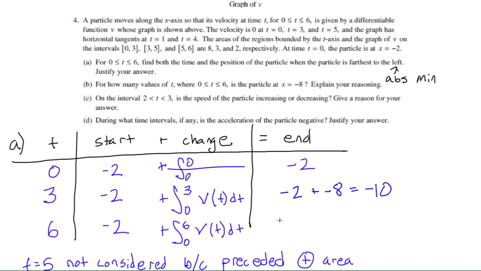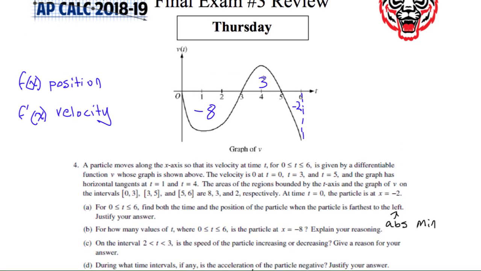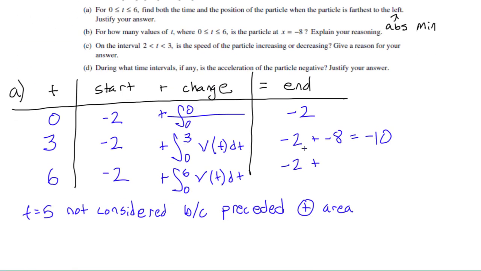And then finally, negative 2 plus. Now I need to do all from 0 to 6. I need to add up all of these: negative 8, 3, and negative 2. So it's going to be negative 2 plus 7. I mean, negative